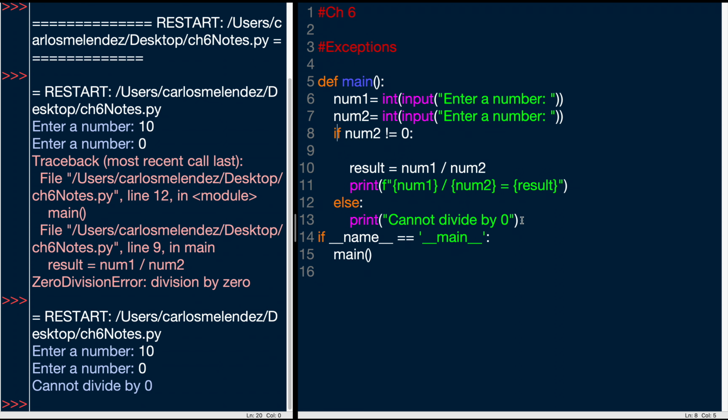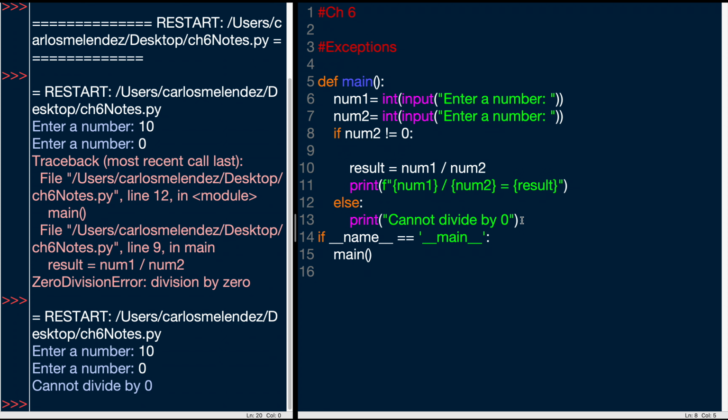And that's what exceptions are: an error handling that occurs when a program is running, causing the program to abruptly halt. You can try except, which we're going to learn, to handle those exceptions. Okay? And we can do different things, like if we would put in a letter, for example, into a number, we would get another error and all that. So we can do all that stuff, but